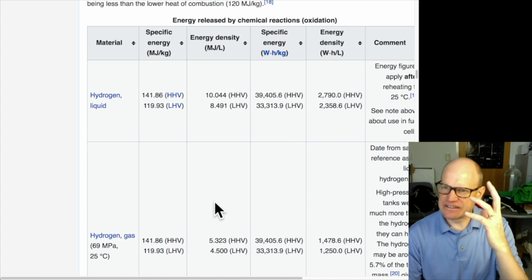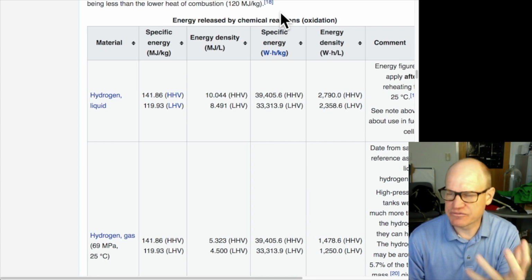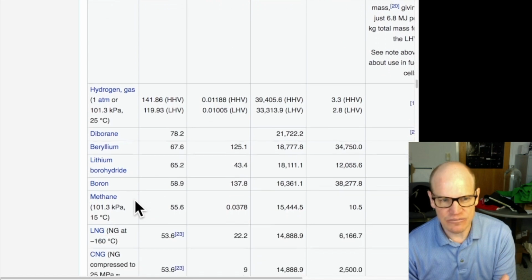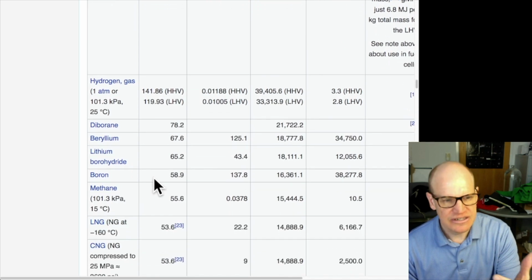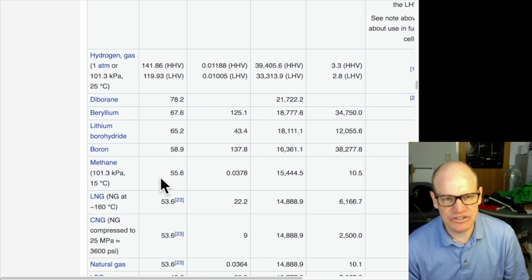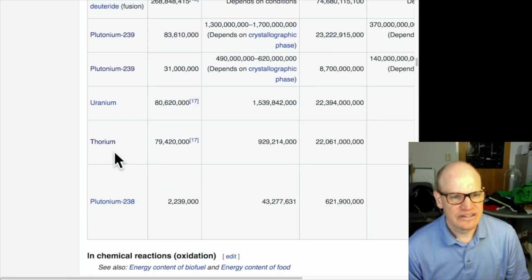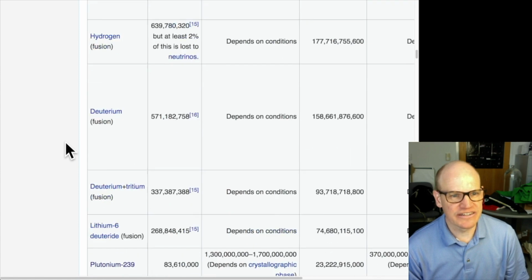All right, so this is one of the things to consider when you're looking at different sources of energy. Chemical bonds are going to be less than 100 megajoules per kilogram, unless you're talking about hydrogen. Most of these other things are 30 to 50 megajoules per kilogram for most of the fossil fuels we use. And then you scroll up here to the nuclear fuels, and you get stuff like, okay, so antimatter,